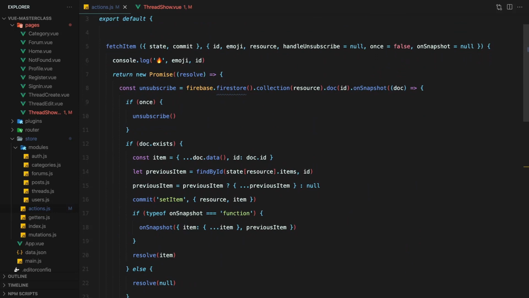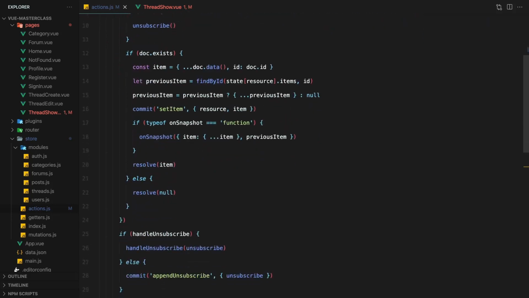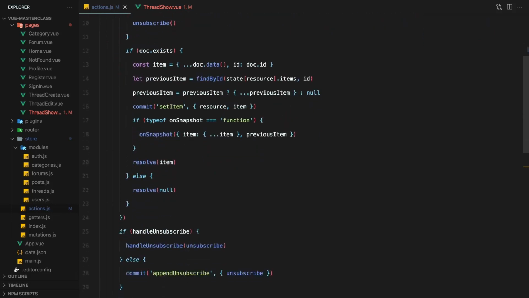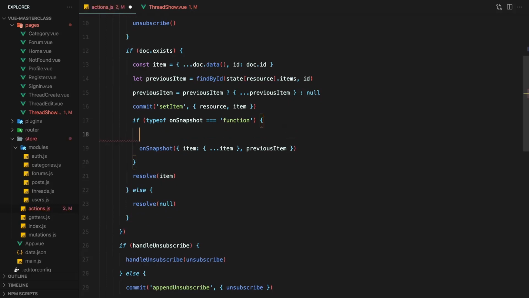This is because of an important feature called latency compensation. When you perform a write, your listeners will be notified with the new data before the data is sent to the backend. Retrieved documents, therefore, have a metadata hasPendingWrites property that indicates whether the document has local changes that haven't been written to the backend yet.